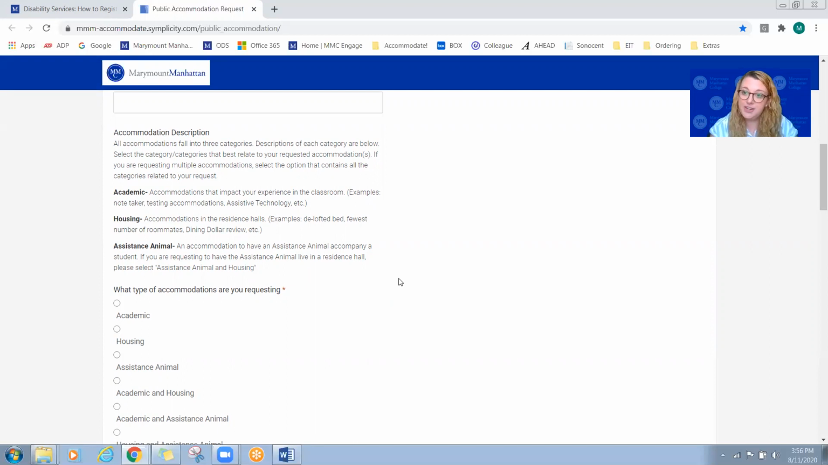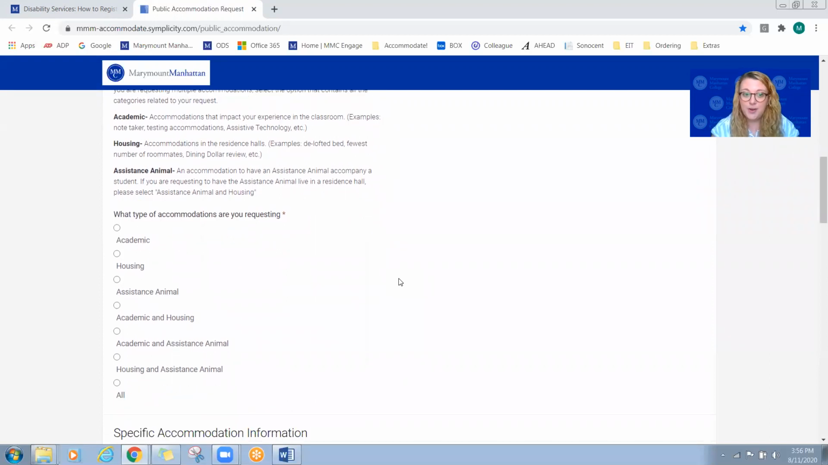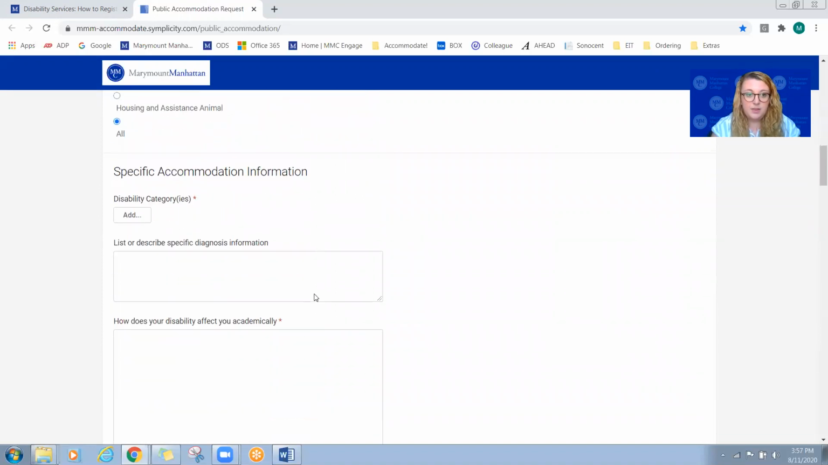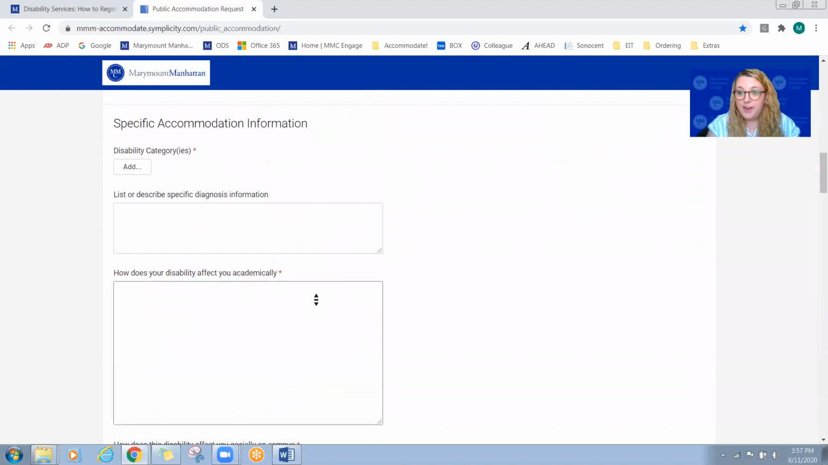If you need a combination of these categories, feel free to select the combination, or if you need all of them, you would select all. So we're going to select all just so I can show you exactly what each category would look like. So now we need to put in our disability